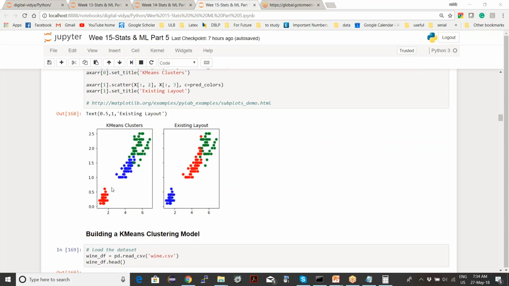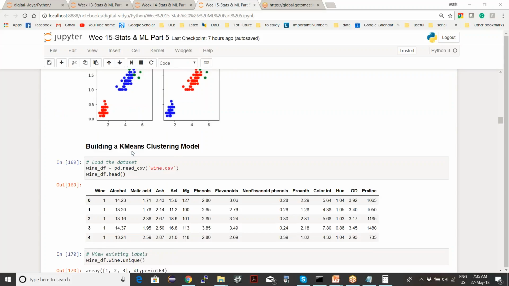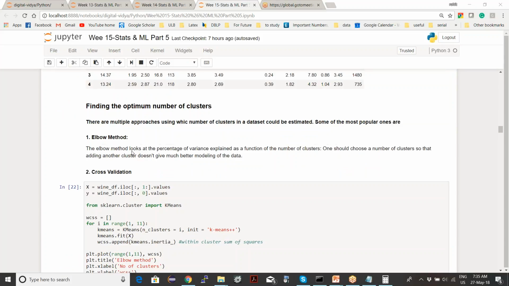If 3 groups are okay, you try 4 or 5, and because you don't know the actual number of groups, there is no right answer. As long as it makes sense, so we'll see this example in text clustering, what it means by makes sense. But there are some statistical approaches also to get the optimal number of clusters.